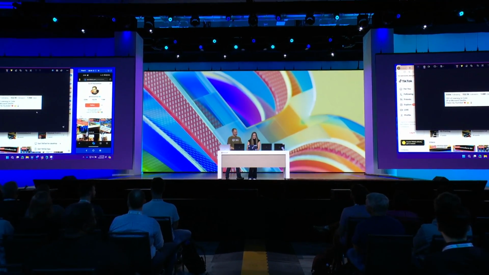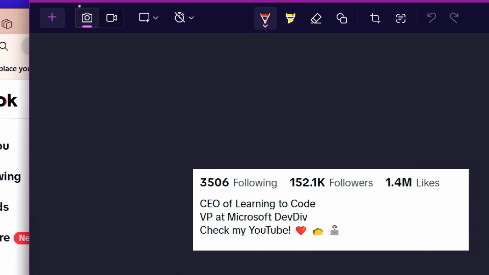Lots of cool new stuff. First of all, it does videos. Just FYI, it's a little screen recorder now. I used to call myself on Teams, share my screen, record the Teams meeting of myself, and put a little thing over the corner. I don't do that. I just use this now. It's much easier.